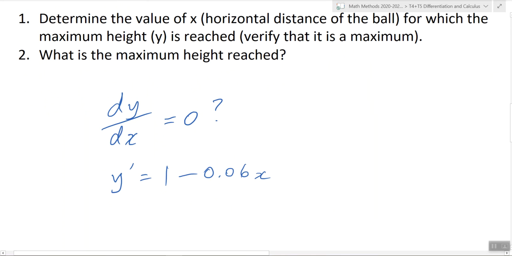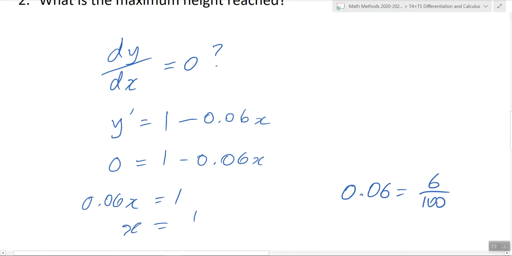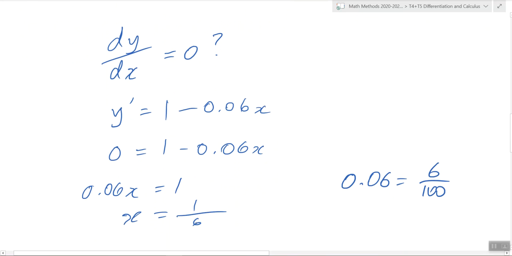Okay, so we're going to let that equal 0, because that's going to give us our stationary point, or the point when the gradient of the curve is 0. Perfect. So we're left with x equals 1 over 0.06, which is